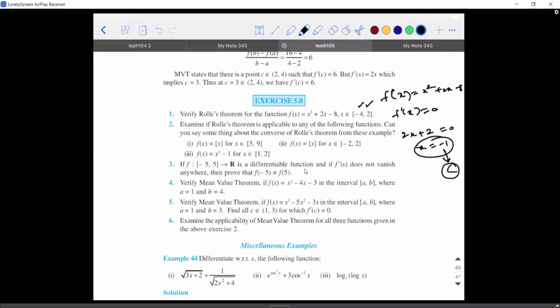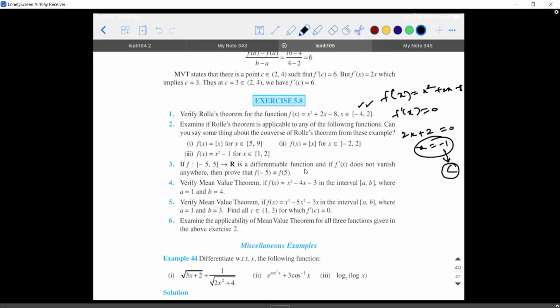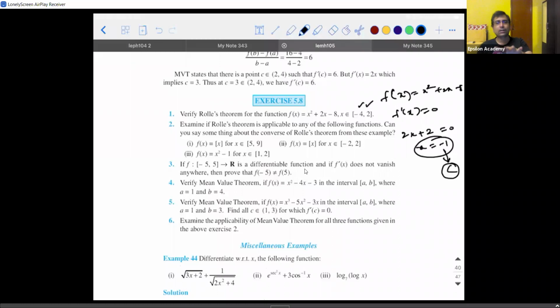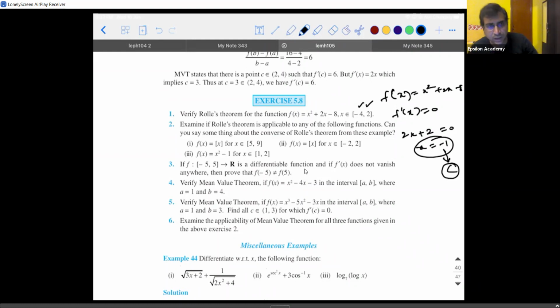Second, same scenario. And third, guys, I hope everybody is able to understand that the greatest integer function is not a continuous function. Hence, when it is not continuous, it is obviously not differentiable. So these two are ruled out. Similarly, f of a is not equal to f of b also. So for Rolle's theorem to be verified, even if any one of the conditions fails, you need not verify all the three. You can just say none of them satisfy. In this case, it is happening.